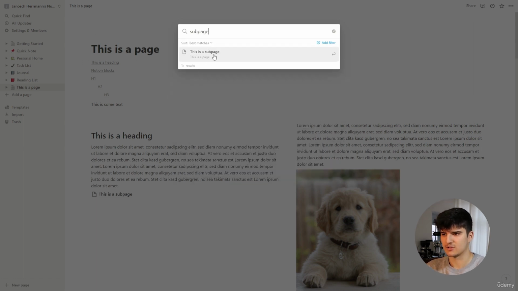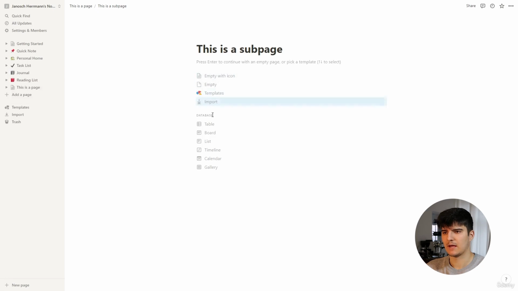And now you see it will actually find this subpage that we added down here. And this will come up as the search result. If I click on it, it will actually redirect me to this page as well. So a great option if you have multiple pages. Again, an option that you probably won't need to use until you have a certain number of pages inside of